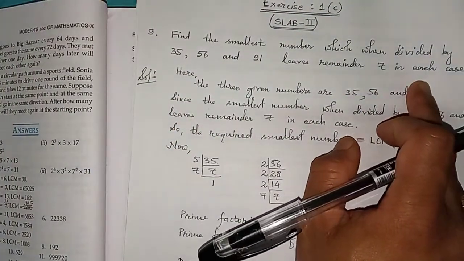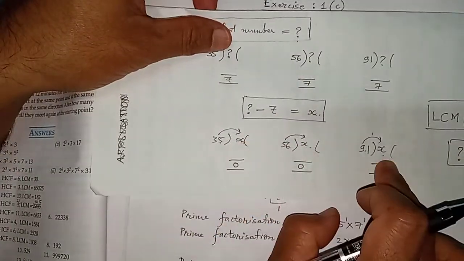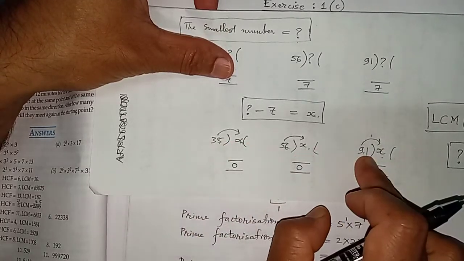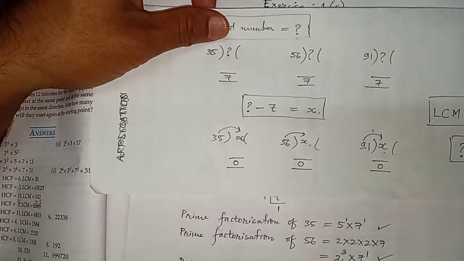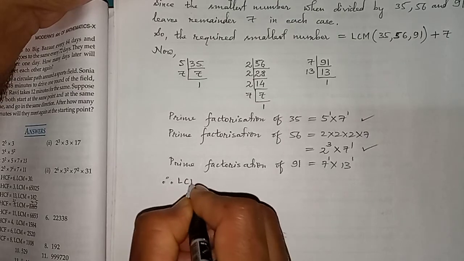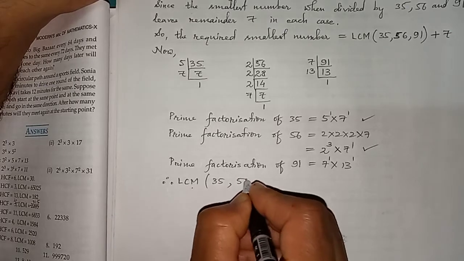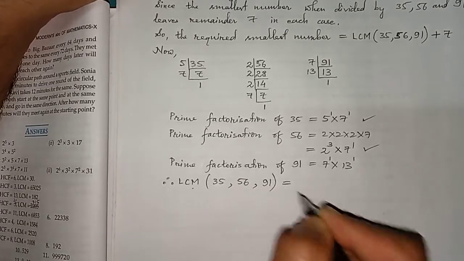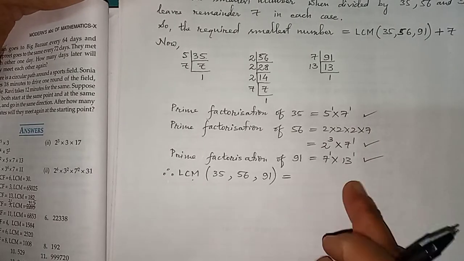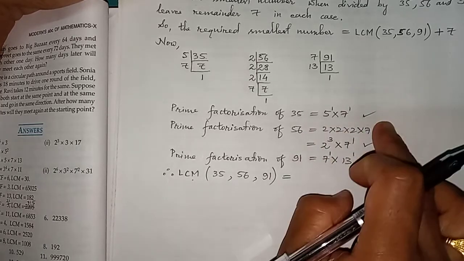I've already explained to you that LCM means lowest common multiple, and the number that we are finding must be the LCM of 35, 56, and 91. Okay, clear? So that's how we find LCM. So let's find LCM of 35, 56, and 91. So I hope you remember the definition of LCM. What is LCM? LCM is the product of all the prime factors, whatever prime factors we have, with the highest